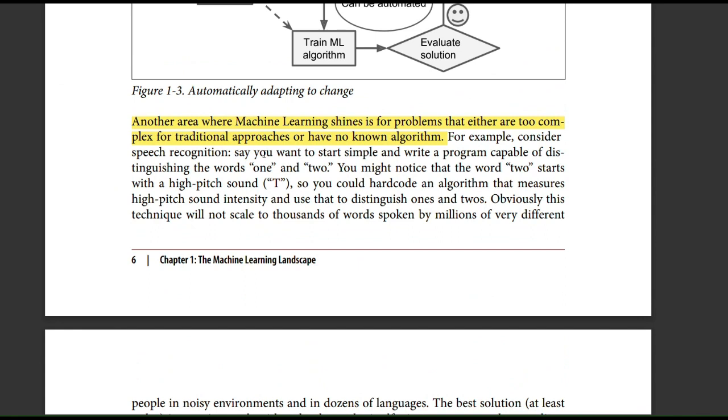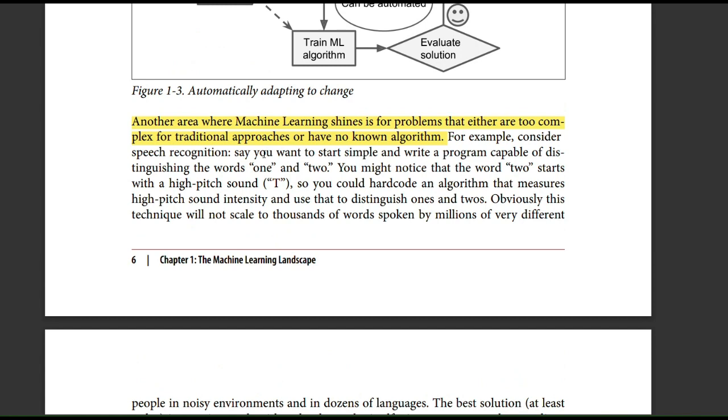So this is another example where machine learning performs better than traditional programming. For example, you want to perform speech recognition. What would you do if you wanted to write a traditional program? You'd study the problem first, try to analyze some patterns in the problem, write some code, and then evaluate.